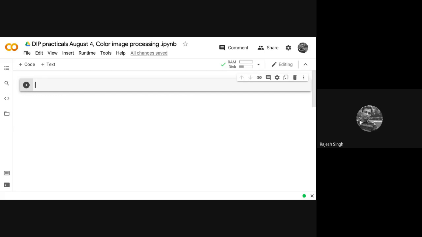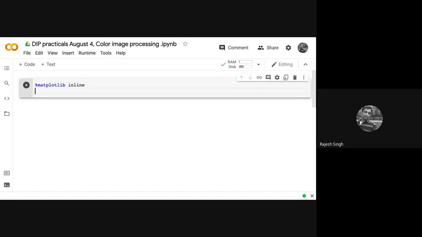Some of the commands that you have already learned earlier, so I don't have much need to put any emphasis. I just write them quickly. So %matplotlib inline, you all know what it does.